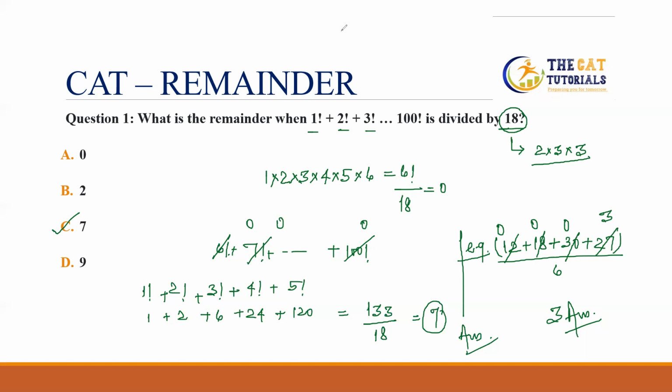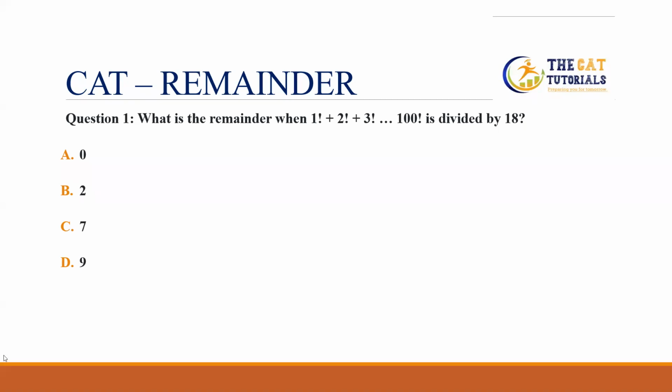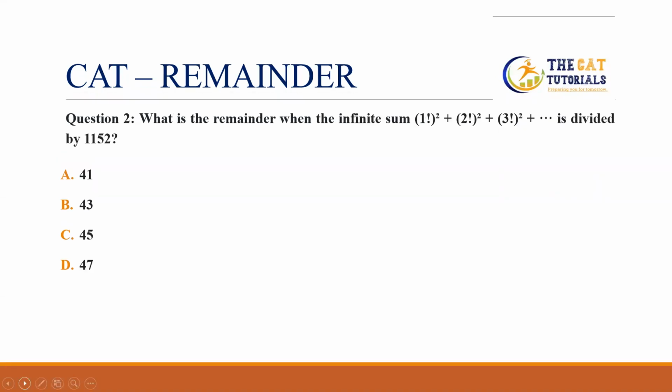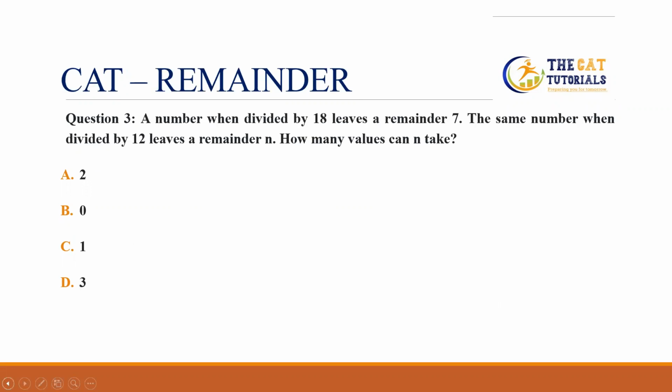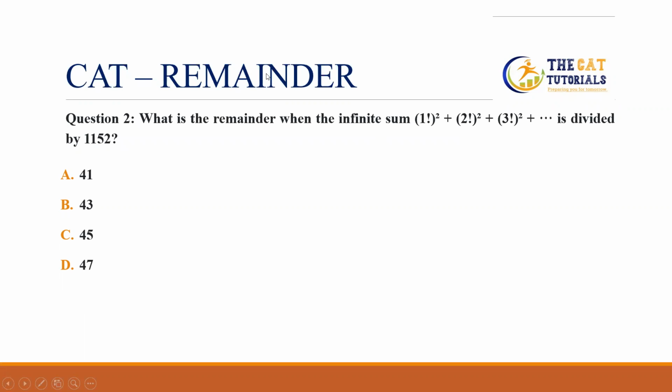So see, the next question. The pattern of this question is exactly the same as the previous question. You have to find the remainder of an infinite sum. So students, by applying the same concept that I have already explained, you can get the answer. So what is the remainder when the infinite sum 1 factorial plus 2 factorial plus